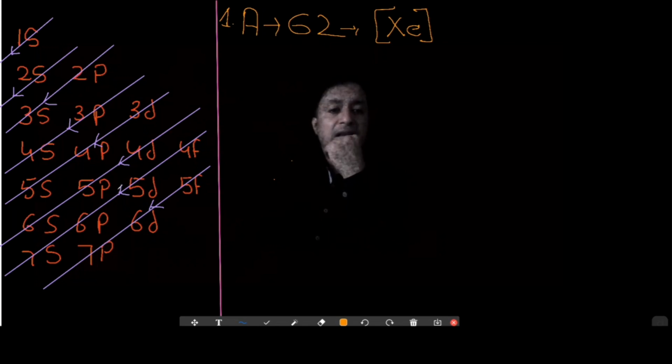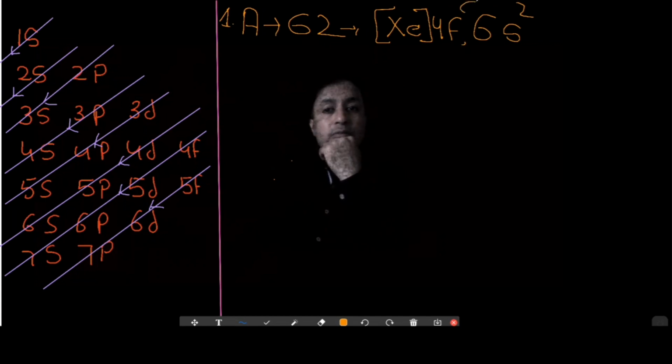That is up to 5p6, the electrons are already filled. It means the next electrons will go in the 6s orbital. So you will write 6s over here, and then you can put 2 electrons. Already up to 54 we have filled by writing xenon. It means the next 2 electrons make it 56. Now 6 more are going to be there. After 6s the electrons will enter the 4f orbital. So we have to write the 4f orbital inside, and the rest of the electrons will definitely go in the 4f orbital.